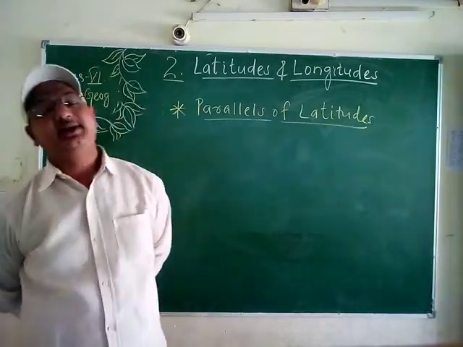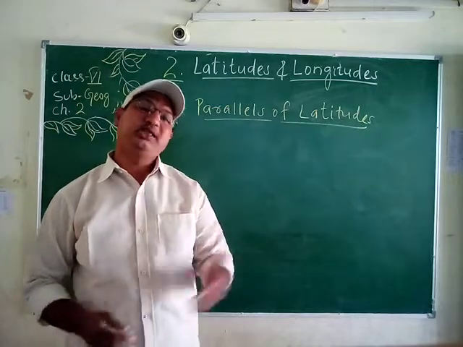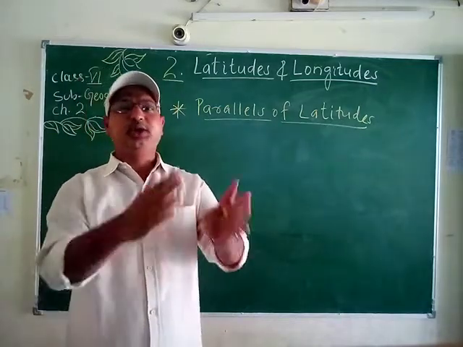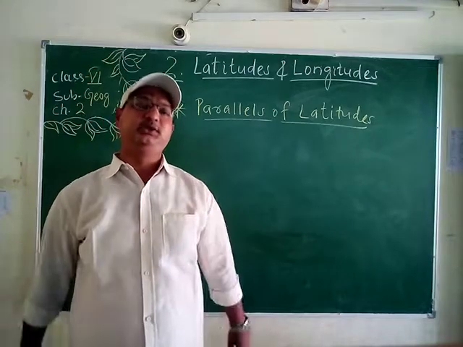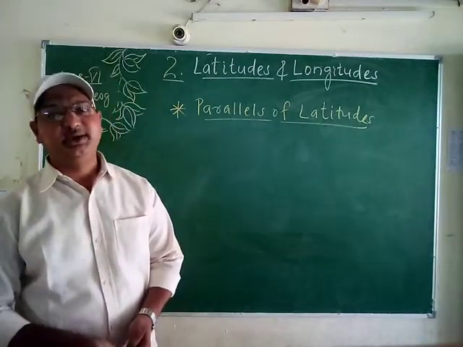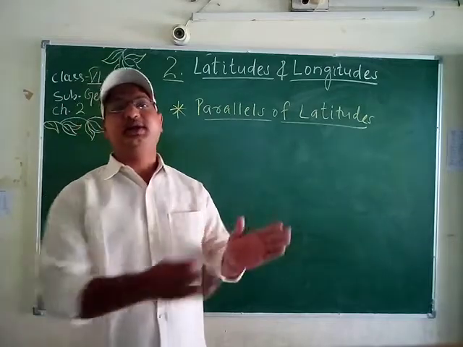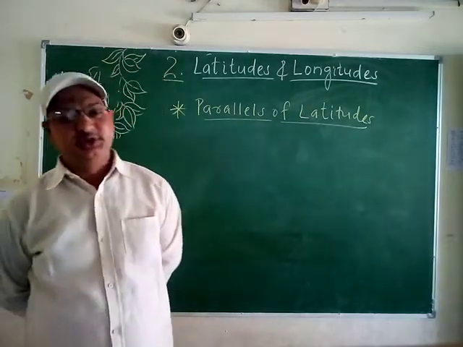And why is it called parallel? Why is the name given? You know, students, parallels mean two lines going together but they never meet at one place. The best example is the railway lines. They are called parallel because for most of the way they never meet. Therefore, this is an example.